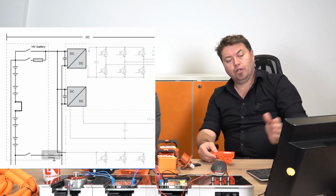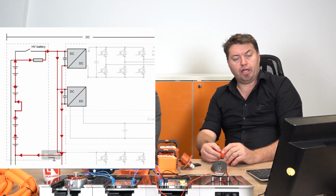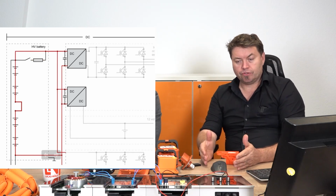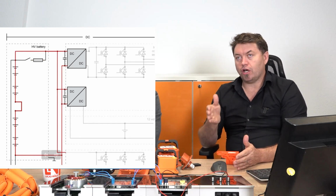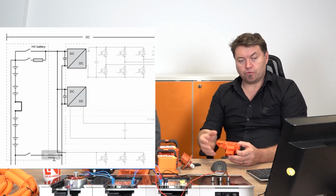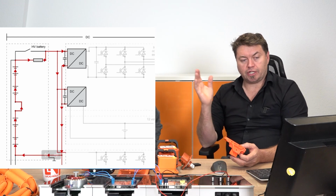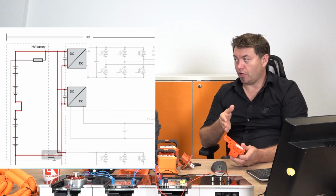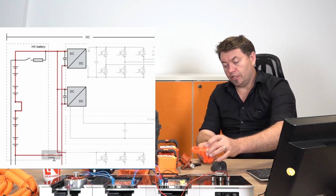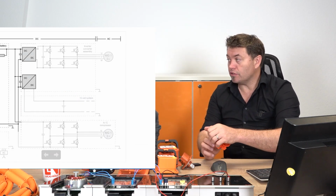Exactly, and we can see on the screen here right now that the relays are being controlled from the 12-volt side of the vehicle as well. But if those relays are welded closed, then that's exactly the same as being switched on the whole time. And the only thing you can do in that case is, and this is where it gets very dangerous,